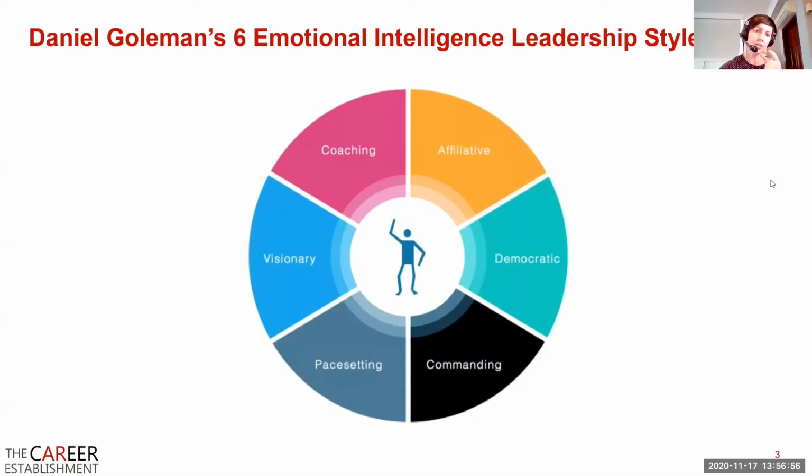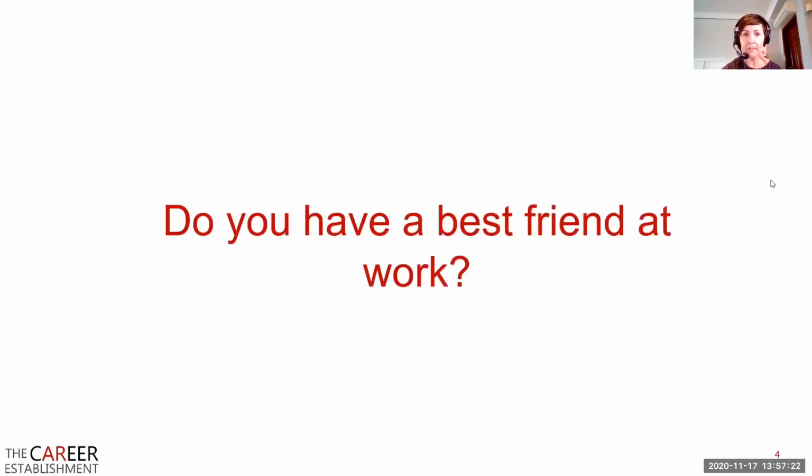So the reason I wanted to share those styles with you is just to give an idea that, dependent on the situation, dependent on the level of competence of your team, change it up. If you find that you naturally have a certain style that might be more commanding, then try and be a multi-dimensional leader and look at the other styles that are out there, and see if you could use a different leadership style to get the best out of your people, because at the end of the day, they're all completely different, and to get the most out of them, we need to be versatile in our approach.